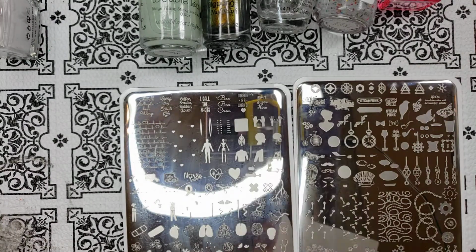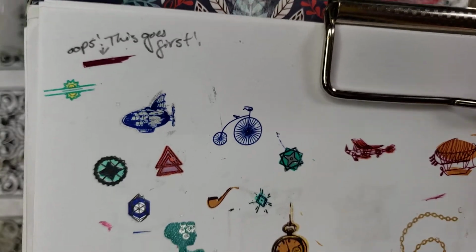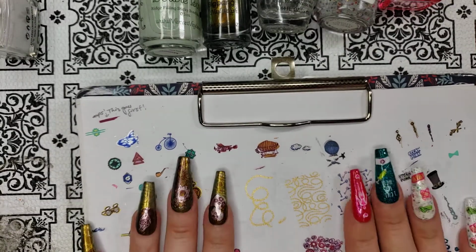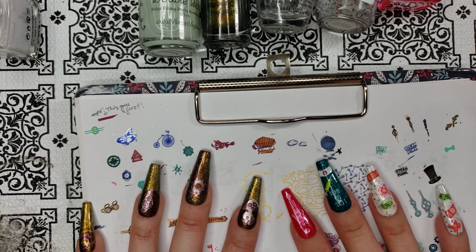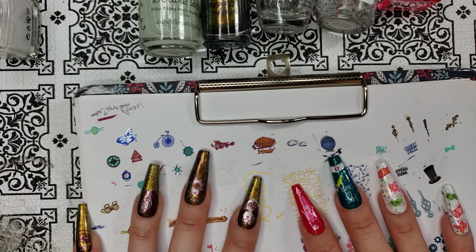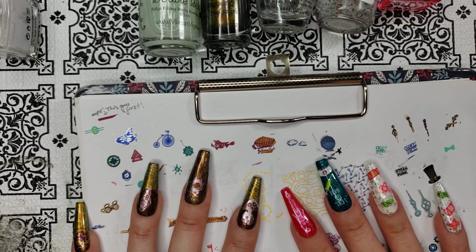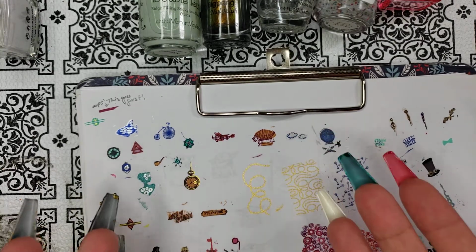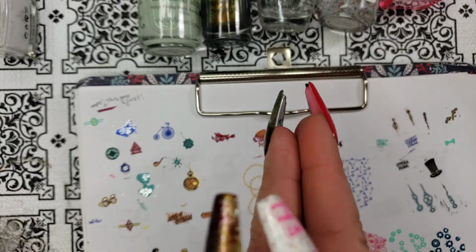Half the stamps, in order to stamp them or put them on the swatching paper, I had to put in the freezer first. And I know I'm going to get a lot of clapback with this, or maybe I won't, but when I'm having really big trouble with the stamping plate and it's just not happening, I've changed polishes several times, I've changed angles with my scraper, I've changed scrapers, I'm just doing a bunch of different things. It's possible that my hands and the extra effort, or just sitting out, has made that plate a little more warm than usual. And I know that we're talking microns here of space,